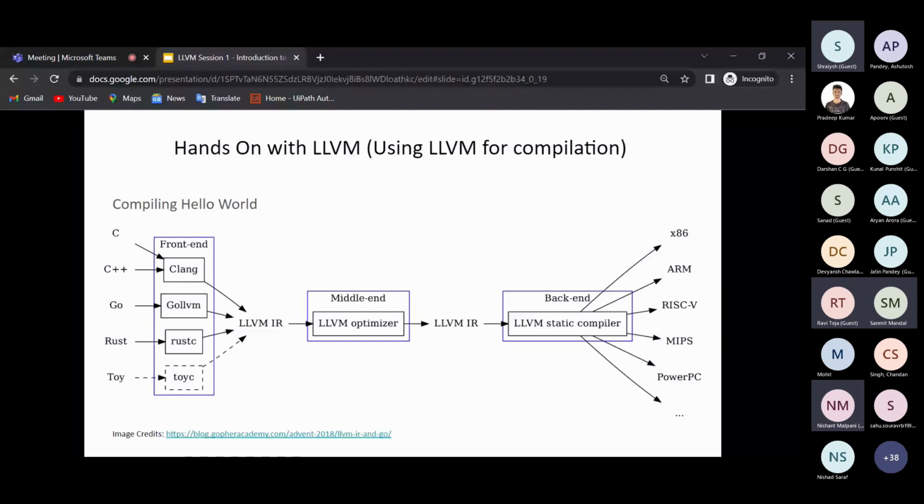Every machine, for example RISC-V, has its own instructions. The instructions are not common with x86. They'll be very different. So what these vendors need to do is only worry about translating from LLVM IR to their architecture, and all the languages will be covered for them. What language communities need to do is only worry about translating from their language to LLVM IR, and all the targets will be covered. So this is a very nice thing about LLVM IR, and it reduces the effort of writing independent compilers for M languages and N targets.